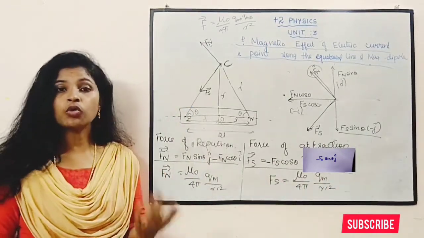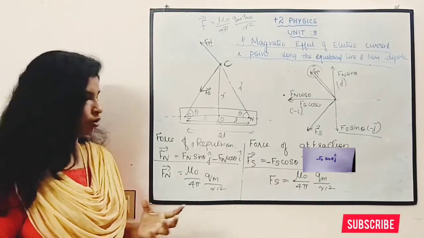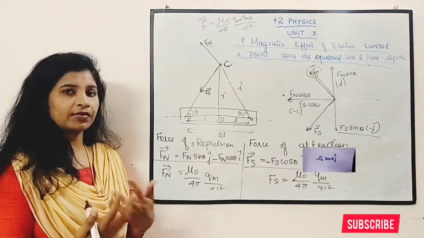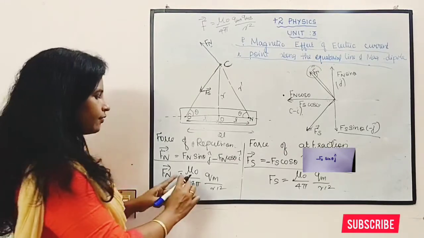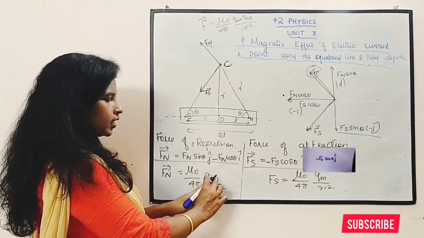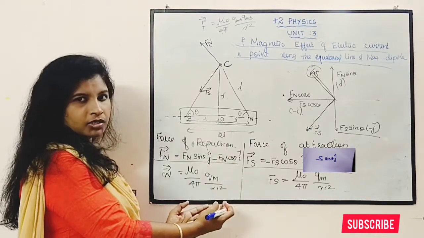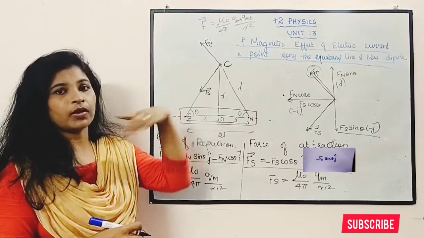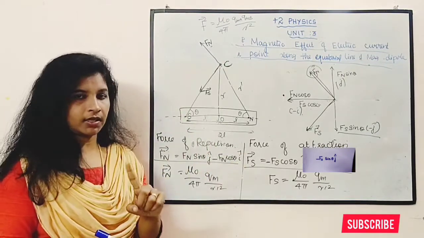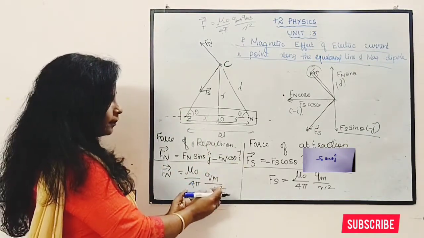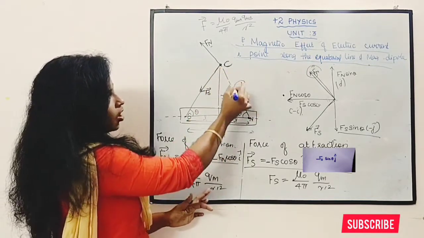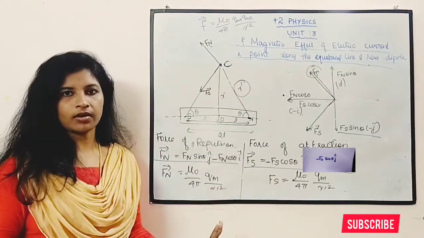But from Coulomb's law of magnetism, we know that the force of attraction or repulsion between two poles is given as mu naught by 4 pi into qma qmb by r square, right? Here there is a unit north pole, so I take it as 1. Okay, so I can write it as qm by the distance between this point and this point, that is r dash. So I have taken it as r dash square.